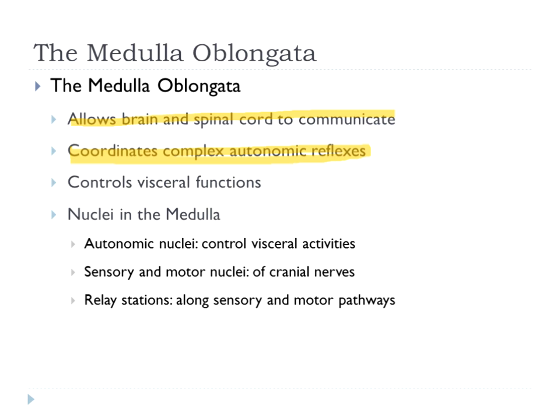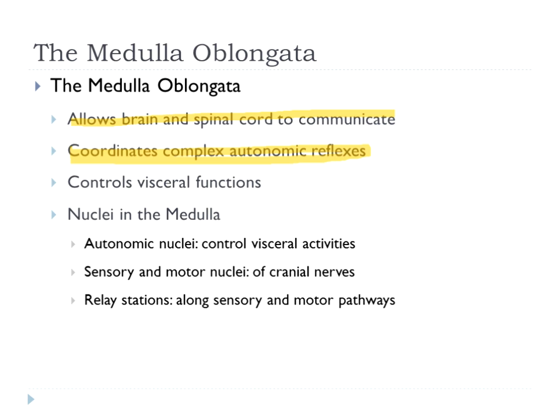The medulla oblongata's job is to allow for communication between the brain and the spinal cord to take place, because the medulla oblongata is right between the pons, which is part of the mesencephalon, and the spinal cord on the inferior end of it. Like the pons, it controls some visceral function. It also relays sensory information that comes in, and it has motor pathways for information to go out.